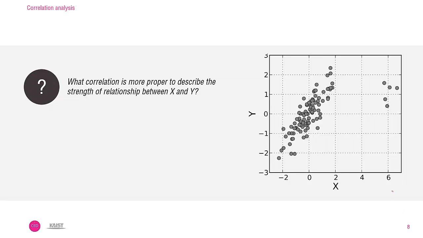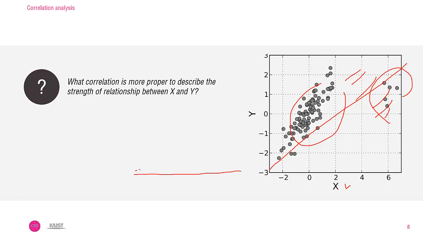Now let's consider this example. If you draw a distribution of these data in terms of the x-axis, you can imagine the data distribution. Due to this separate group, kind of outliers, a linear relationship between x and y should compromise the big gap between these two clusters. When your data are not fitting to the normal distribution, like the distribution in terms of the x-axis of this data, so something like this in this case,